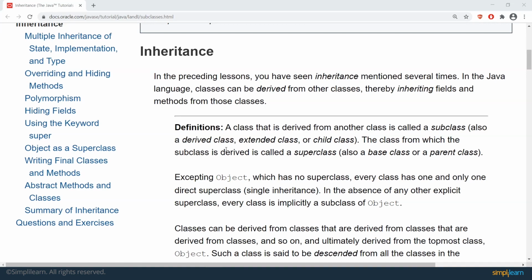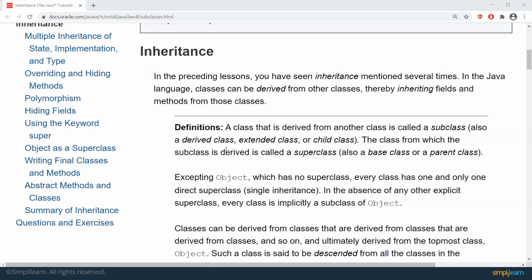So whenever you have such a scenario, always think about applying the concept of inheritance in your application. There's another simple way to spot whether inheritance can be used at a particular place or not. Inheritance is also called an is-a relationship. So whenever you read the requirements from a customer, just try to find the words which use this particular phrase